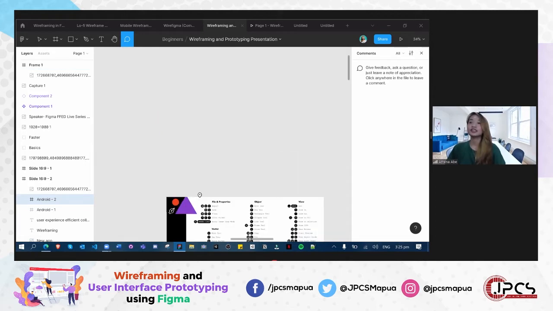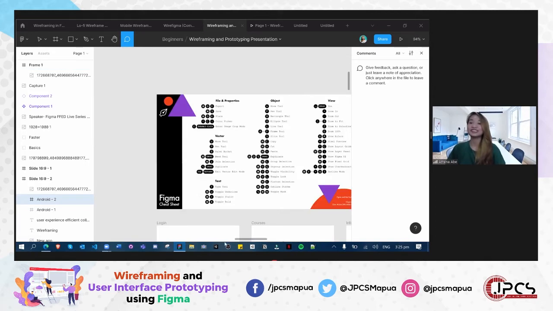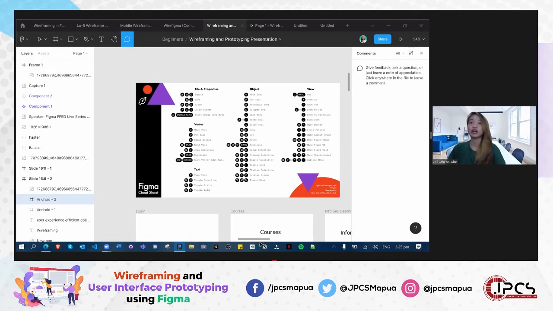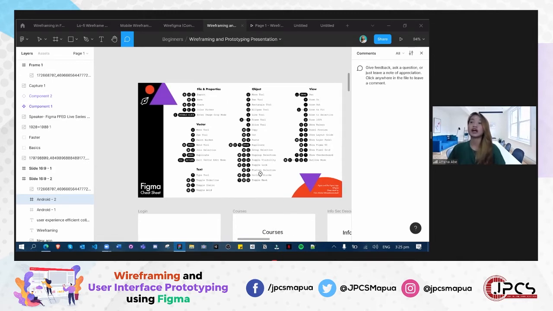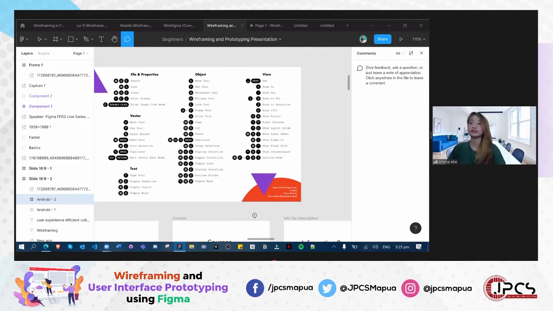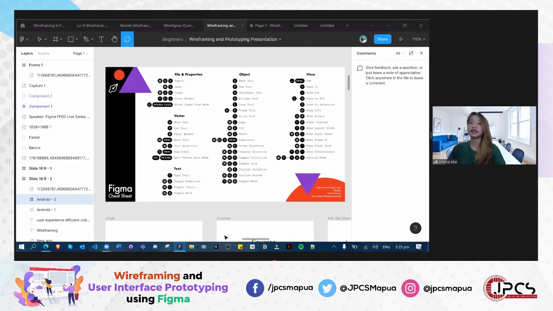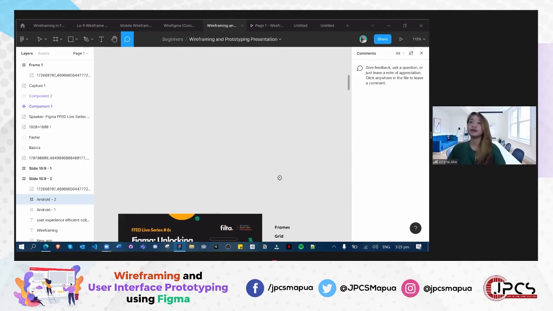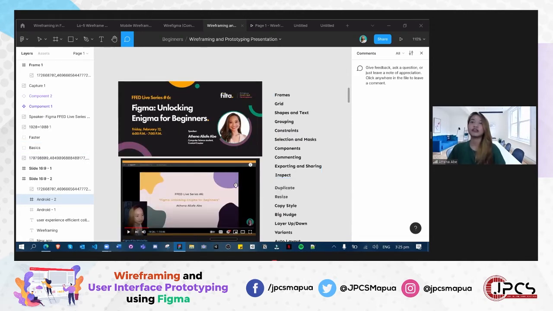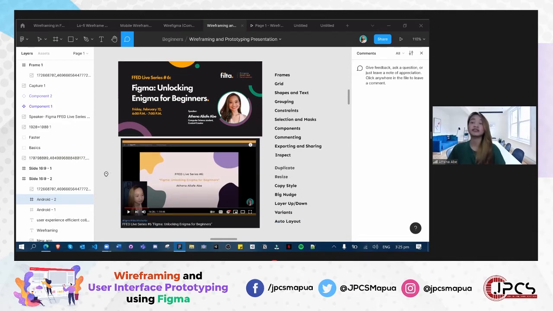So, to make it less overwhelming for you guys, I'll just show you that we also have sources like a cheat sheet, especially for Mac users. I'm currently using Windows. These are the shortcut keys if you need them. And I won't go into much detail with the fundamental or basic